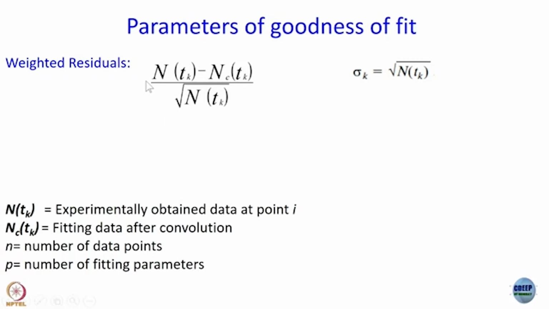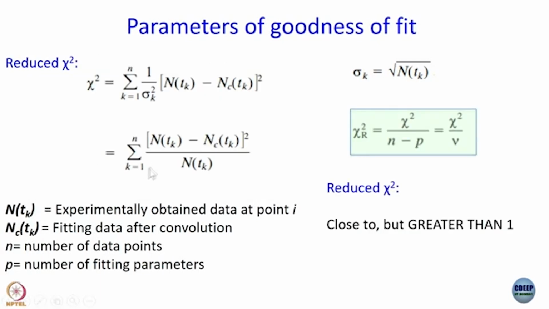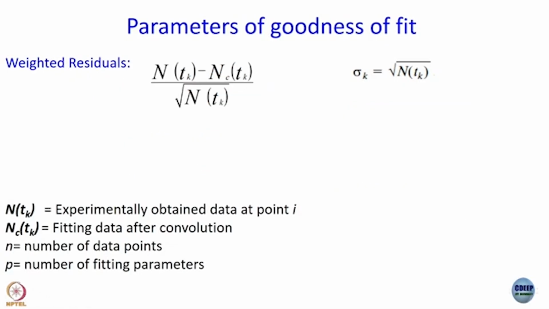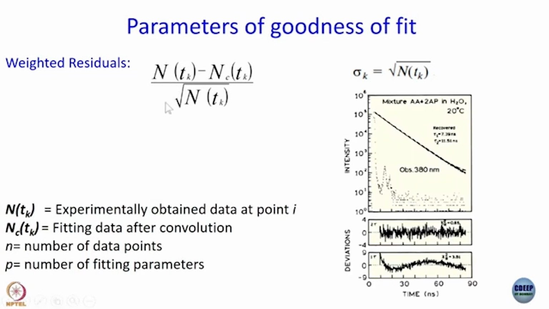If I say this is R at tk, this expression we have for residual, will you agree with me that this chi square here is sum over k R(tk) square, actually R(tk) square, okay, understood. So, residual and chi square are different ways of looking at the same thing, but the advantage of residual is that you have defined it point by point. So, what you can do is you can plot the residual as a function of time,